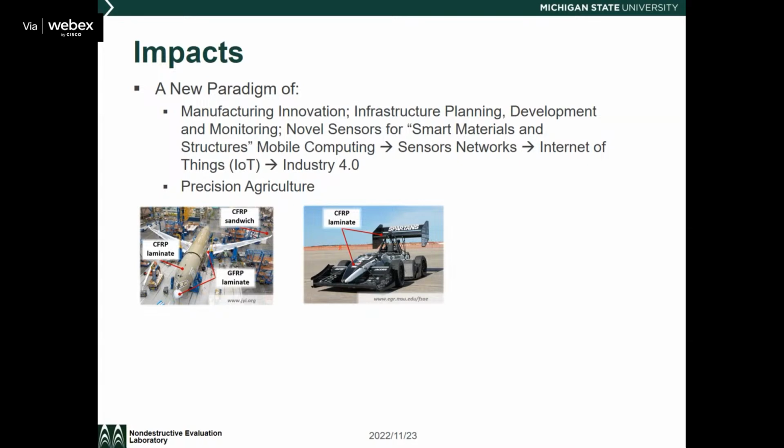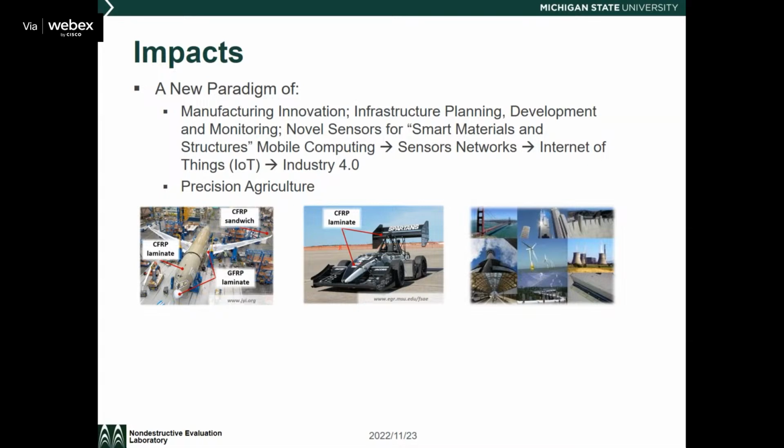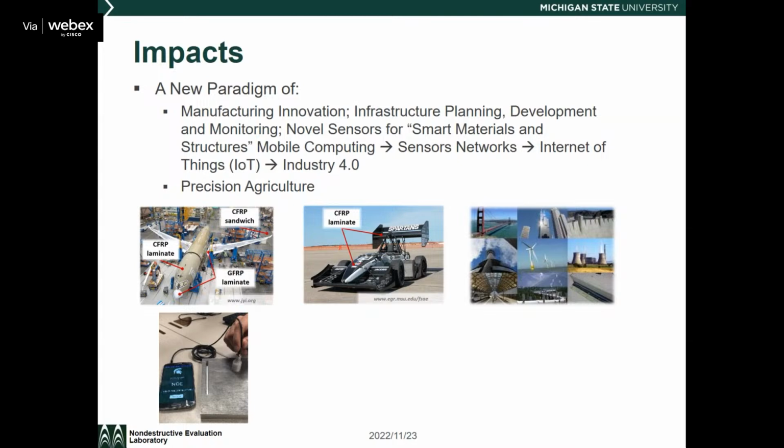This is a Michigan State racing car, a formula car, where we have the carbon fiber composites. You'll see tons of applications there. I'm sure you see a lot of applications in the first course too. Also, we can have consumer electronics, for example your cell phone, to develop NDE devices. You can see the cell phone has a Spartan logo, NDEL logo there, where we convert the cell phone into